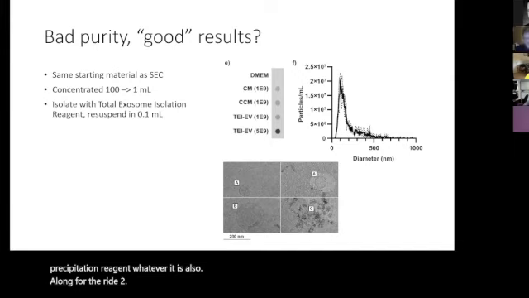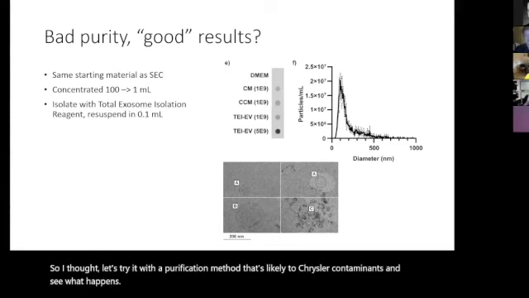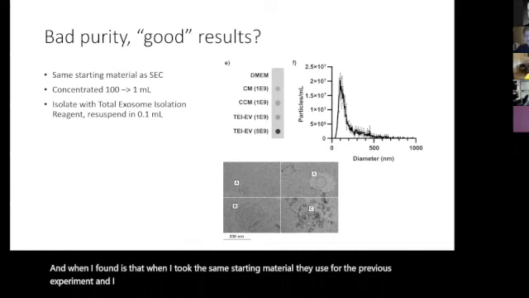So I thought, let's try it with a purification method that's likely to co-isolate contaminants and see what happens. What I found is that when I took the same starting material that I used for the previous experiment, concentrated it down, and then followed the instructions for the commercial precipitation reagent,